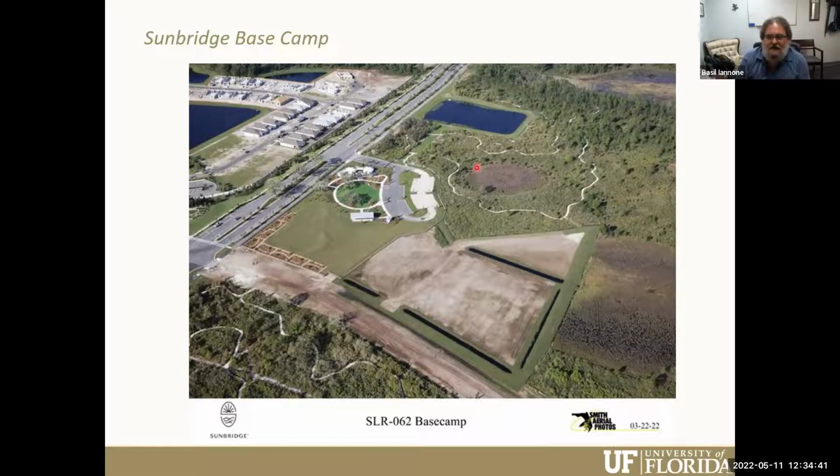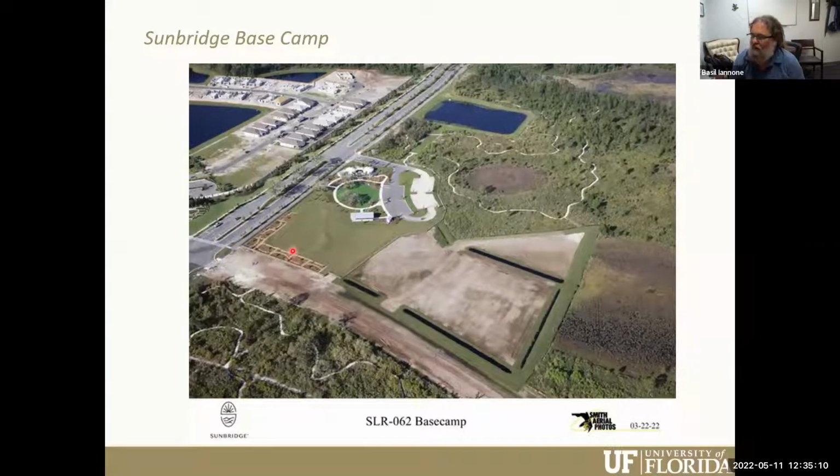So we wanted to come up with a solution of how to approach this. And what I'm showing here is an aerial view of what they call base camp. It's the entryway to the development. Here are some natural areas that it butts up against. Across the street is Del Webb, a more conventional development. And here we set up an experiment that doubled as an ornamental landscaping feature coming in through the development, where we have 20 by 30 foot plots that look like a garden.